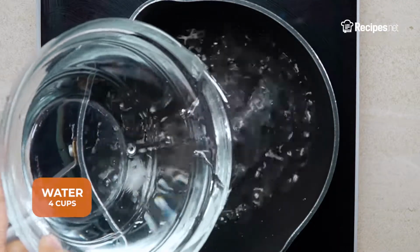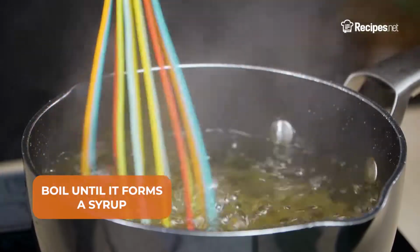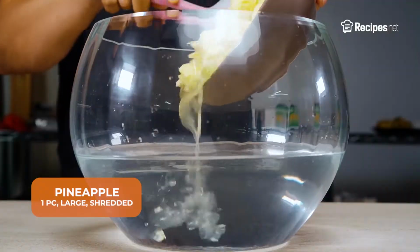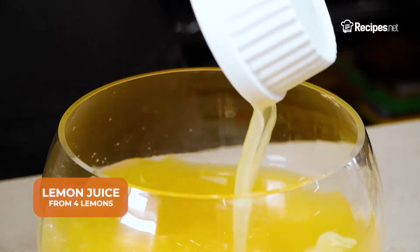In a pot, add the water and granulated sugar, then bring to a boil until it forms a syrup. Set aside. Now pour some water in a punch bowl and add the shredded pineapples, orange juice, lemon juice, sliced